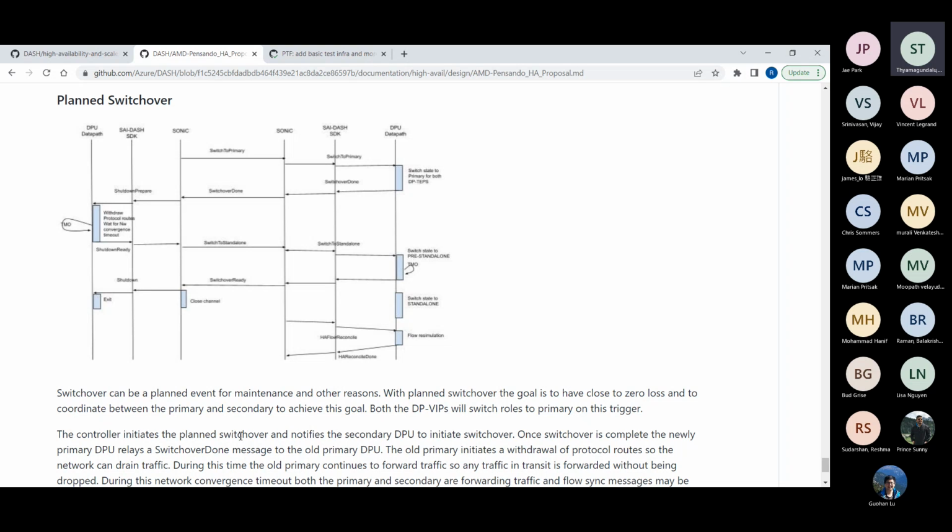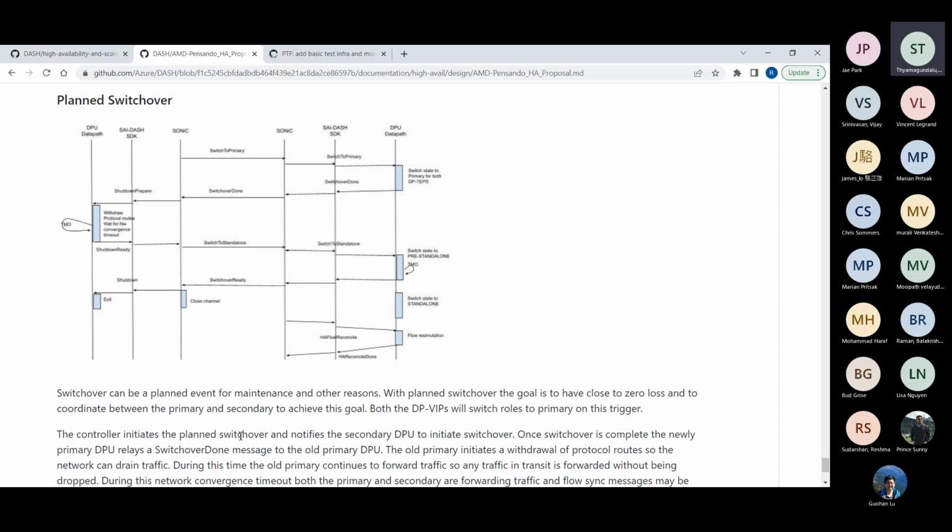Once this convergence timeout is done, it says switch to standalone. The switch to standalone notification is sent to the old secondary, the new standalone. In this case, there is a state called pre-standalone, so we let it soak in.